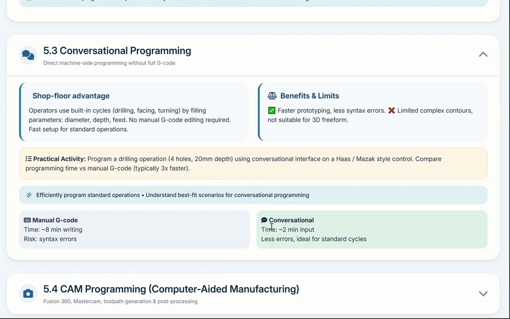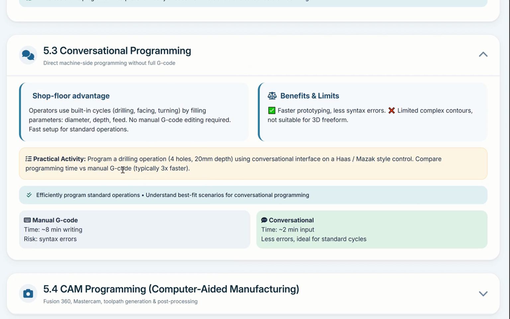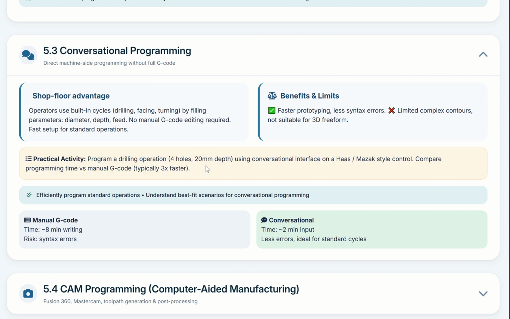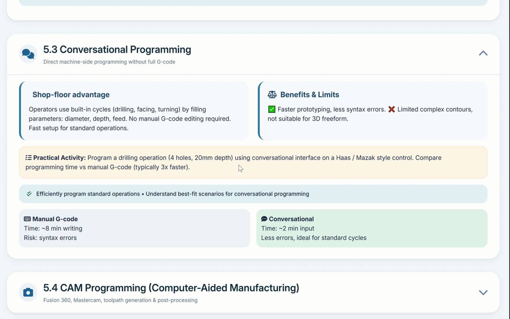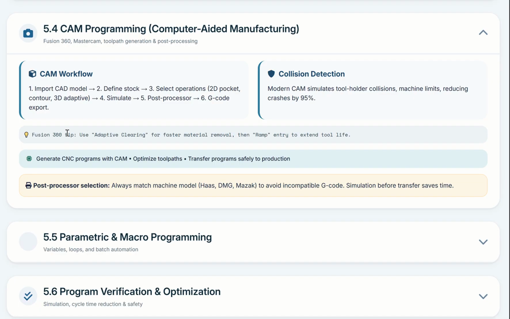So you can join our session, you will learn the benefit of what we call shop floor programming. Why shop floor? We will do a practical of how to do all these operations on a machine. And then we will also introduce you to CAM. How you import the file into either Mastercam or another software from the vendor, how you define the stock, how you select the operations,